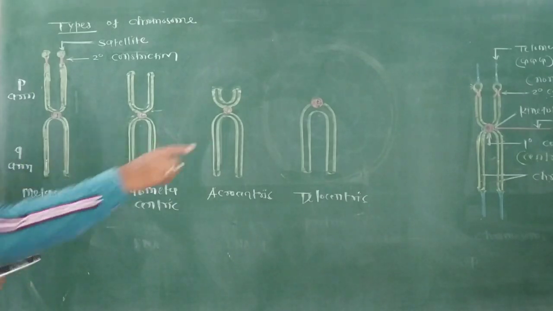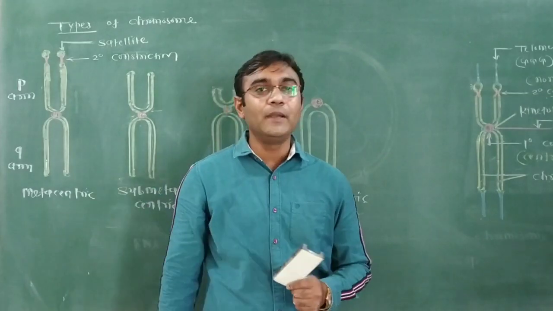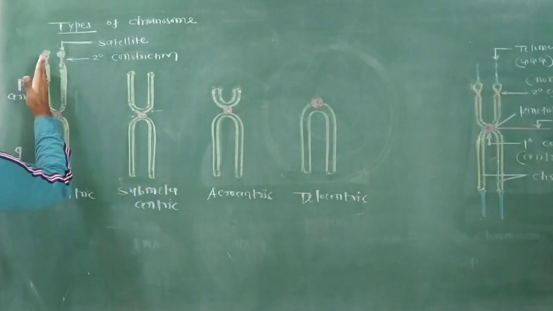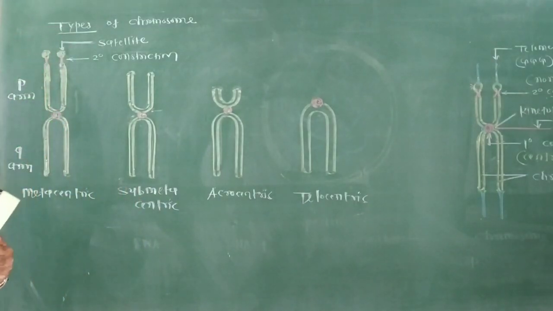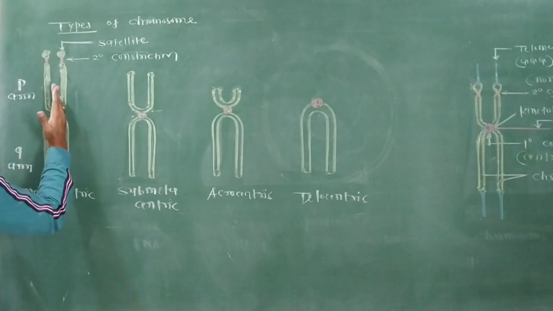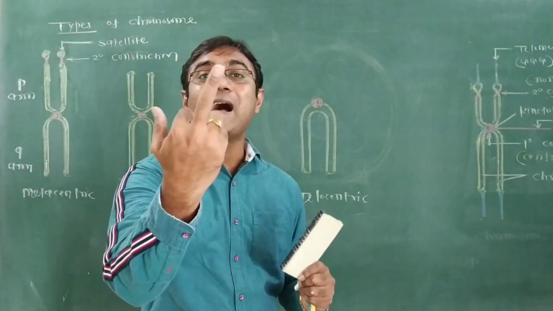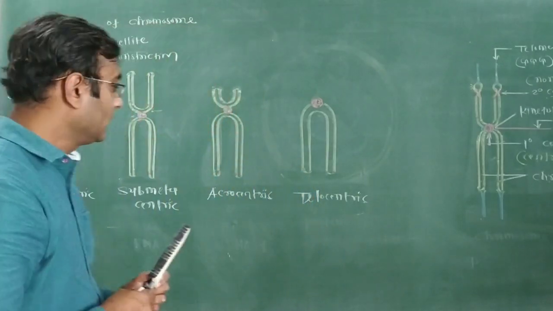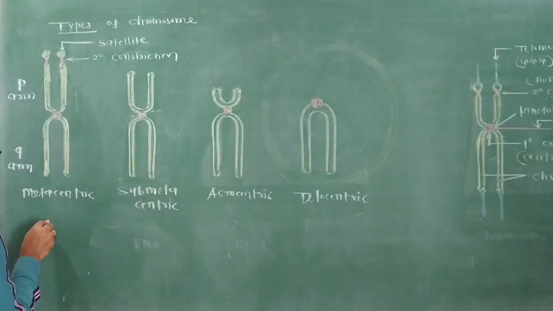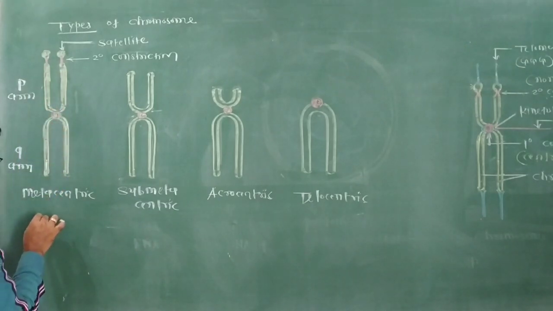Now see, all these chromosomes are doublet chromosomes, meaning they have a double amount of DNA material. When cell division is completed, at that time one chromatid goes inside one future cell and acts as a chromosome in that cell, and the other goes inside the other cell. So all these chromosomes we are drawing in bivalent, double nature. If we want to draw their single nature, we can draw it this way. We only draw this region and the centromere centrally.